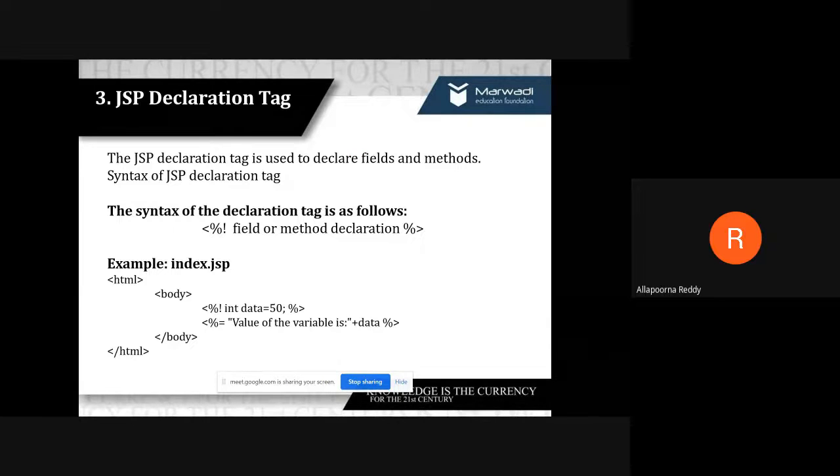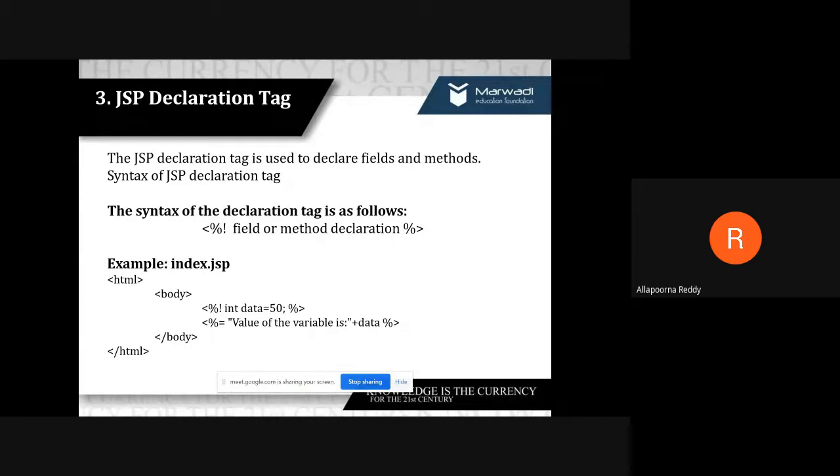The third one is a declaration tag. The main purpose of the declaration tag is to declare the fields as well as methods. And here the syntax was once again a small modification.